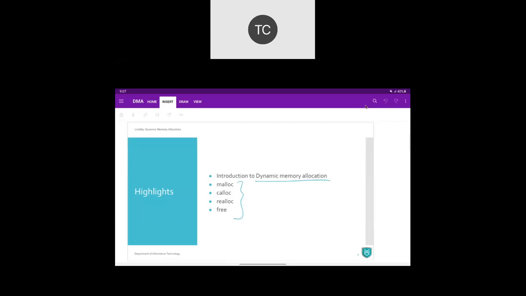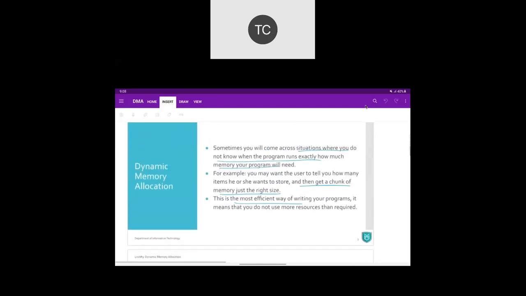Before starting data structure, as you all know, we have started looking at dynamic memory allocation. In the previous lecture, we looked at a few of the functions related to dynamic memory allocation. Let's go through it quickly. We will revise. We'll have a look at one more function, realloc, which is remaining. And then we'll have one program which will make that picture more clear in your mind, how we can use that, okay?